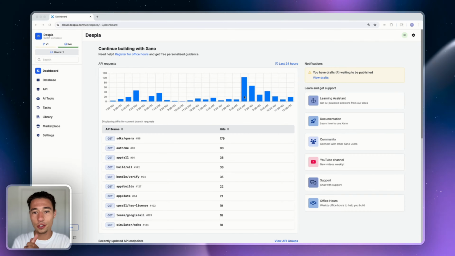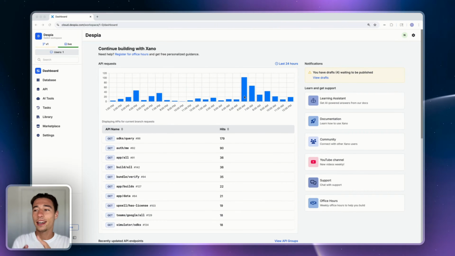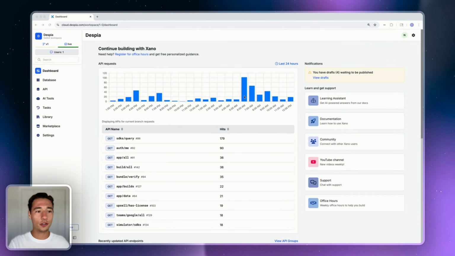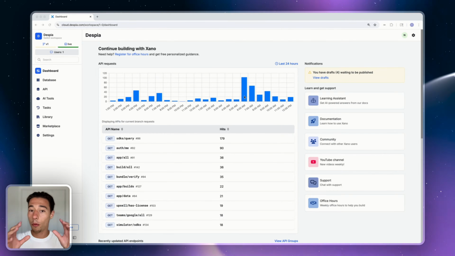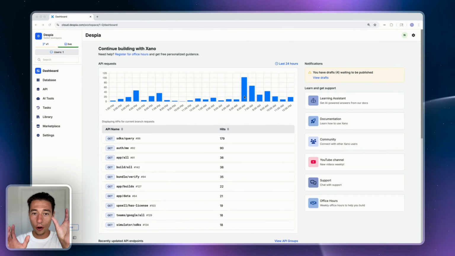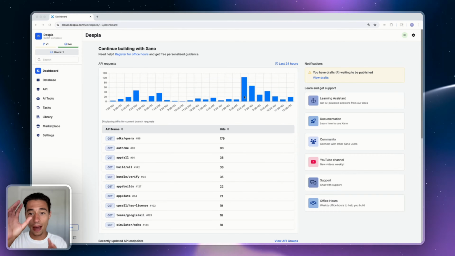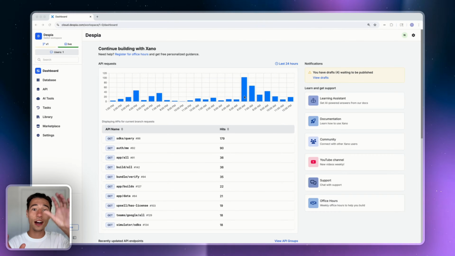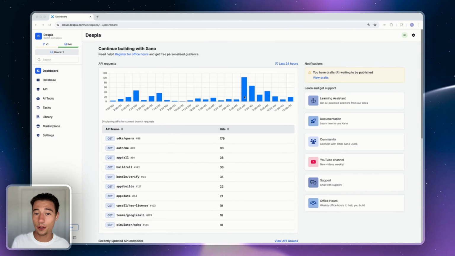Now, first of all, the thing is speed. In Xano, you're going to get speed that you don't have anywhere else. Of course, you can have AI build your cloud function, but here's the thing. When you build on the backend, you are always at a constant battle of balancing security with speed. Now, Xano out of the box gives you great security, gives you great pre-built blocks that allow you to make your applications very secure.